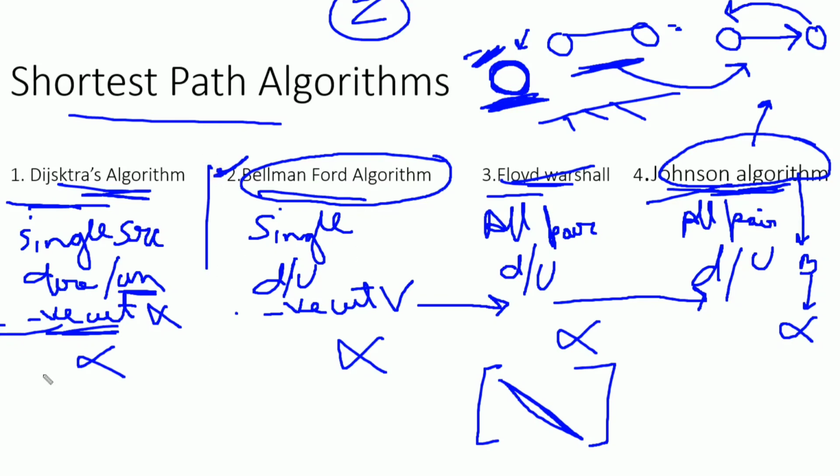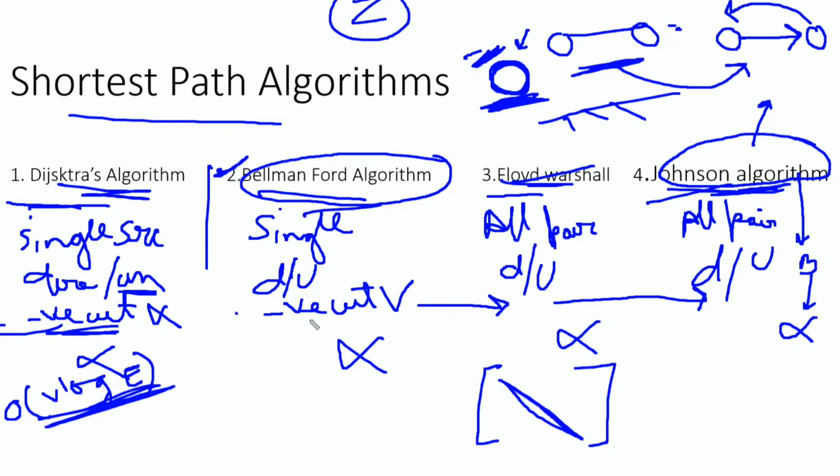Now the time complexity. Dijkstra algorithm takes logarithmic time, big O of V log E. Why? Because we are implementing Dijkstra algorithm using a priority queue, and in a priority queue there are various functions like decrease key, extract min. We are building the priority queue with build heap functions. So basically the time complexity will be logarithmic time.